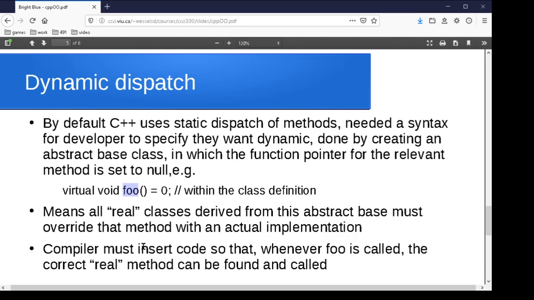So the other half to that is when you actually make a call to foo somewhere in the program, the compiler has to have code inserted at that point so that it stops or pauses then and figures out, gee, what class instance am I dealing with, and therefore which version of foo am I supposed to call, and how do I find that right version? So the way this is going to work